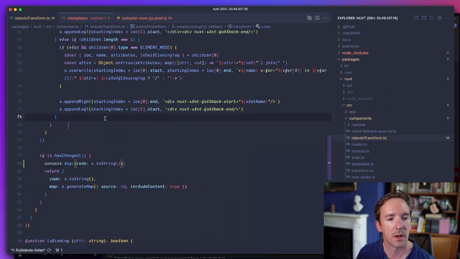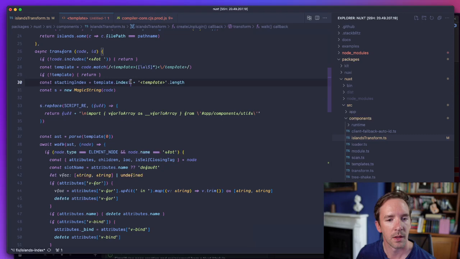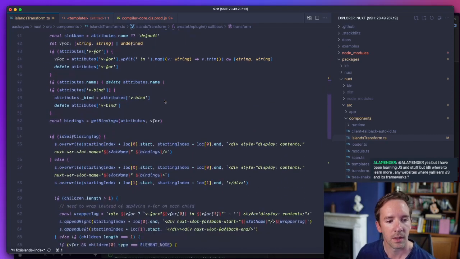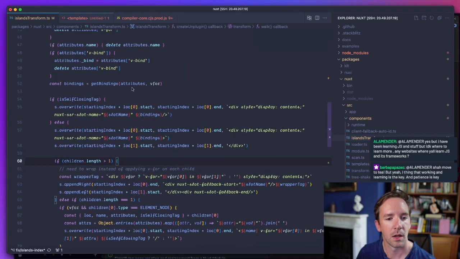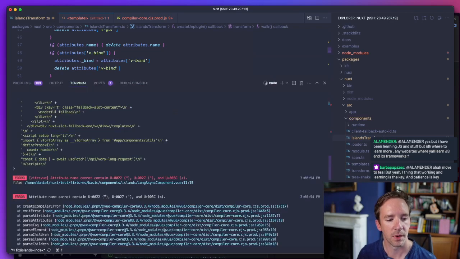So starting index, let's try that. And let's try that again.